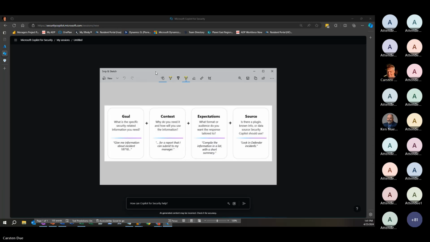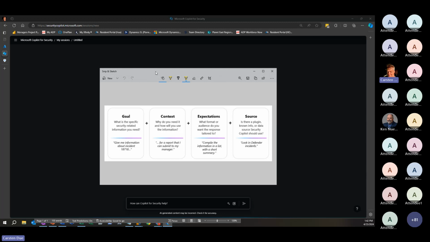I know we're running short on time. I can talk about this for days. I'm going to show you a very simple image here. I'll pull it out. When working with Security Copilot, you want to be as natural as possible. It's actually going to help you. Try not to get too technical. If you're already a full-grown SOC analyst, you're probably going to ask questions that Copilot is going to have trouble deciphering, and I'm not saying that in a negative way. So use natural language, asking it, can you give me